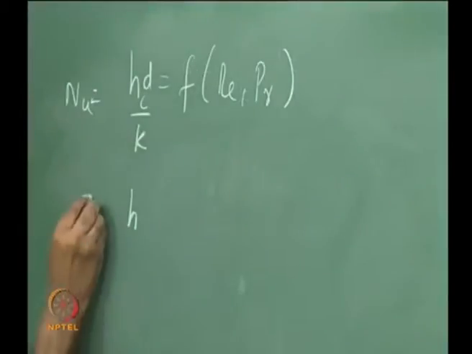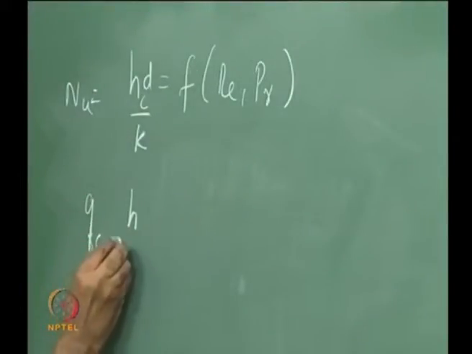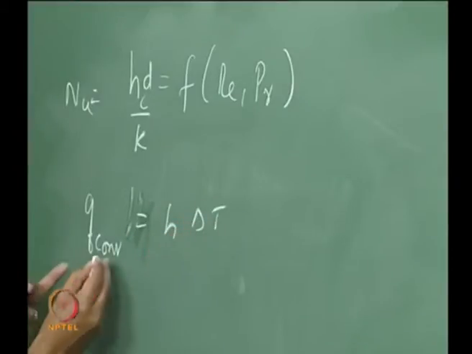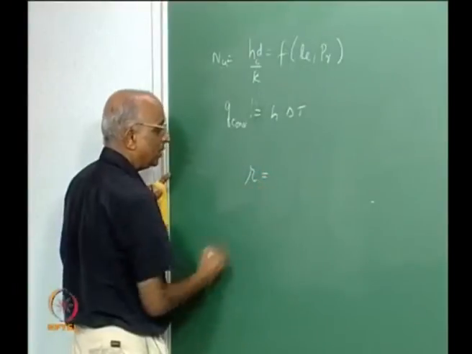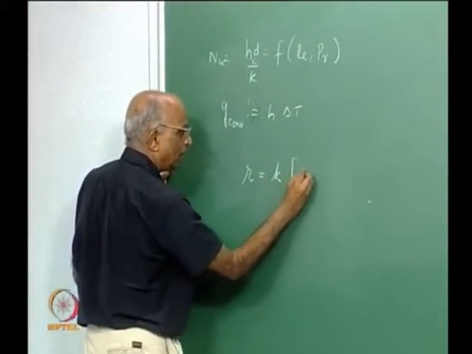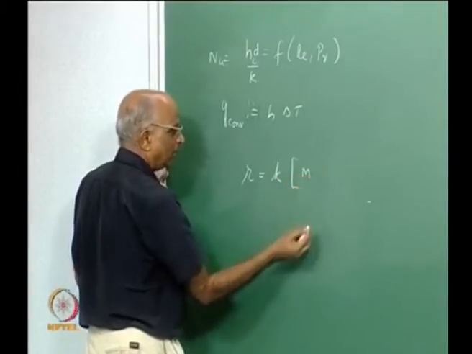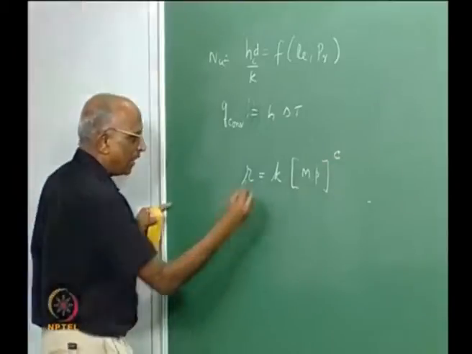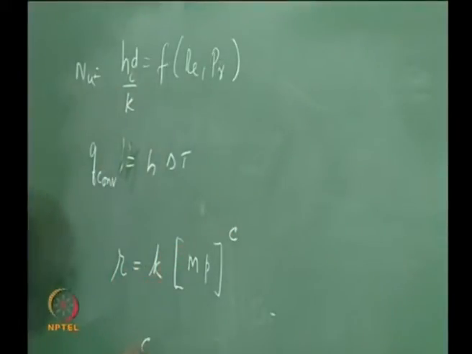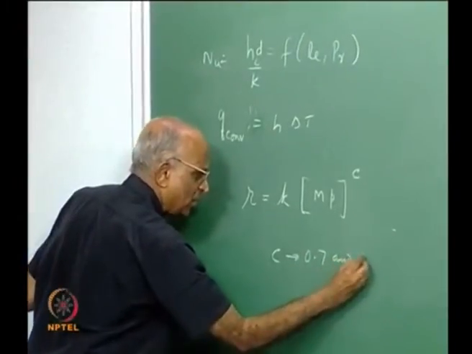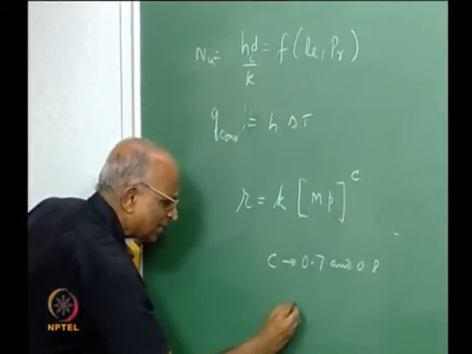Once I know heat transfer, I can find out Q convection is equal to h into delta T, and therefore I can find out the increase in rate, and when I do that I find the burning rate can be put in terms of a constant into something like a Mach number into the pressure to the power C. The value of the exponent C is typically between 0.7 and 0.8, which is something like saying,